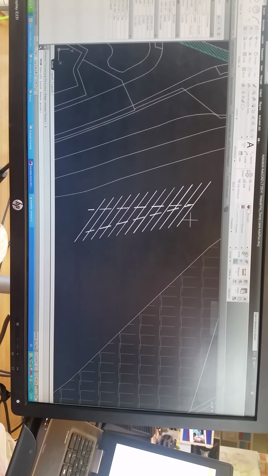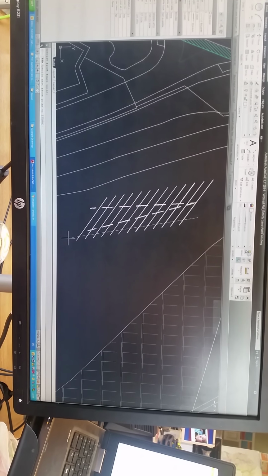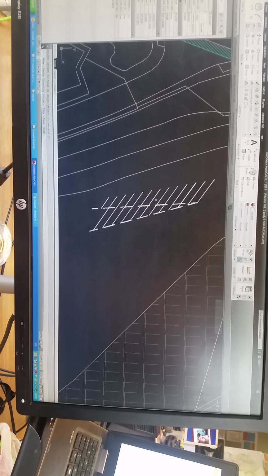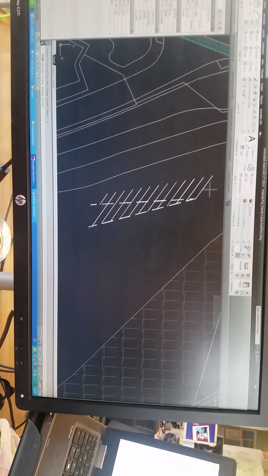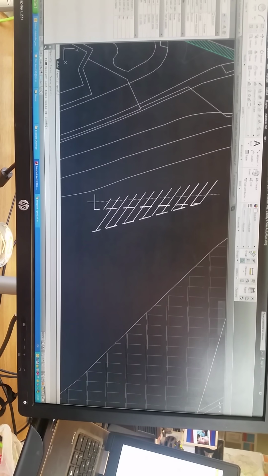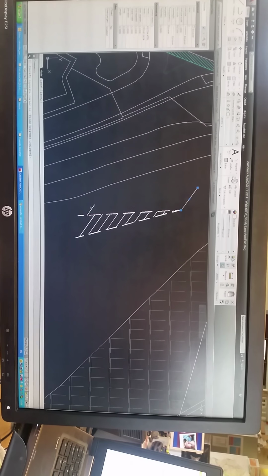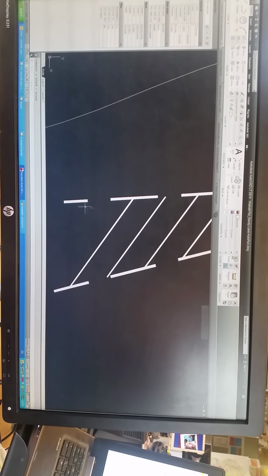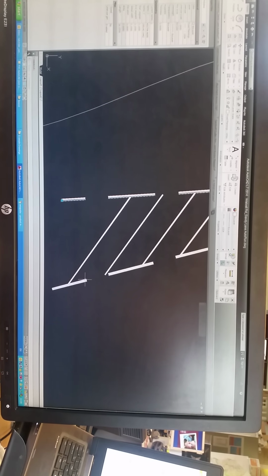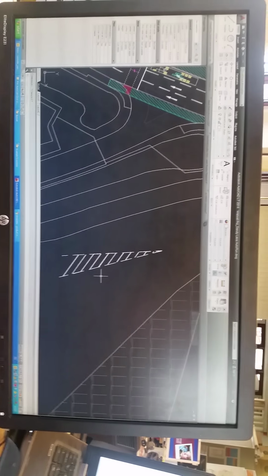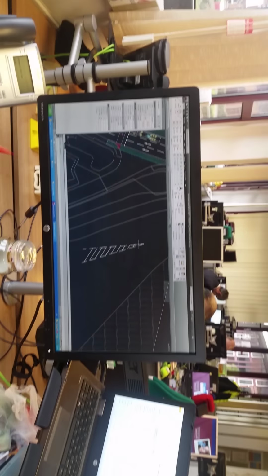and then I'm going to do F for fence, and so it's going to trim everything that's touching that line, and then I'm going to do F for fence again, and select everything and trim that, and then just get rid of these extra bits that we don't want. Get rid of the two lines in the middle. And that's just a neat way of doing hatching. You can do it around. I would have trimmed it